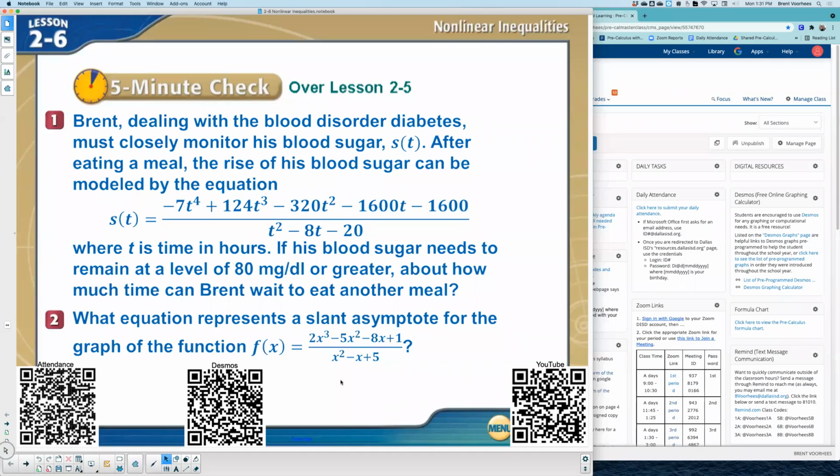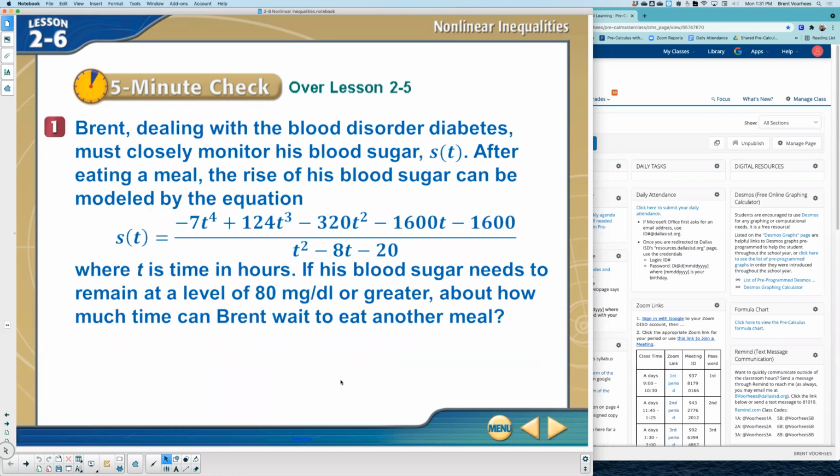All right, lesson 2.6. I'm going to get started, and this lesson has 4 review problems, 2 on the bell ringer, and then 2 after bonus for us. I'm going to start with number 1. And before I actually read this long problem,